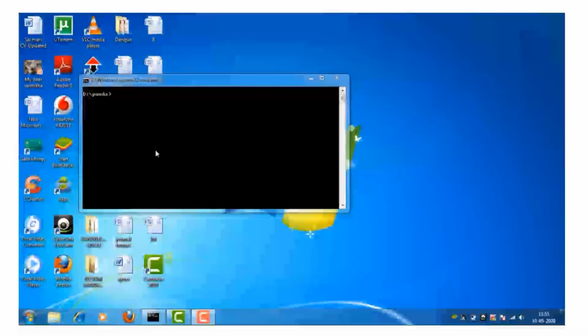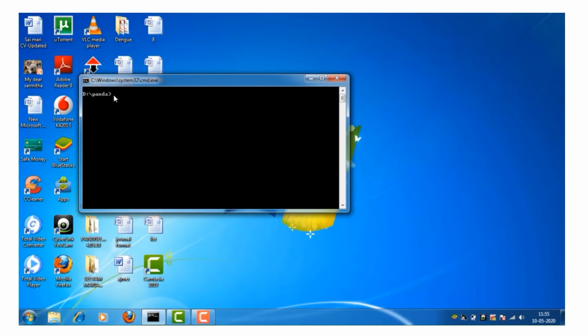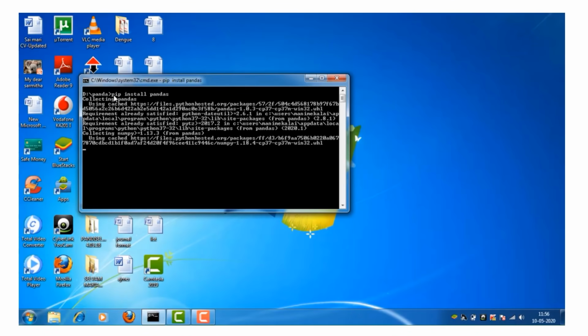Let us see how to install pandas in Python. First of all, open the command prompt. After that, type pip install pandas and press Enter. For installing pandas, we need an internet connection.